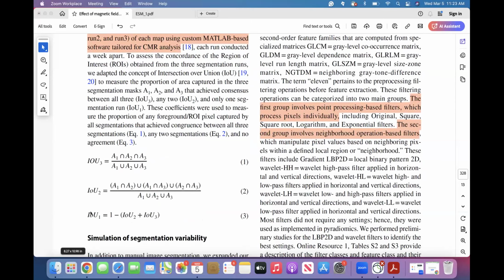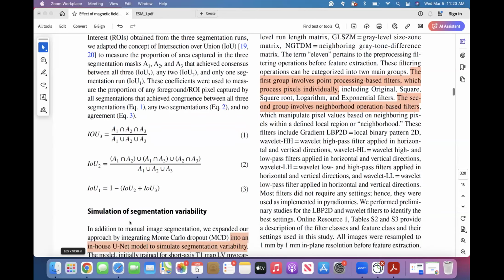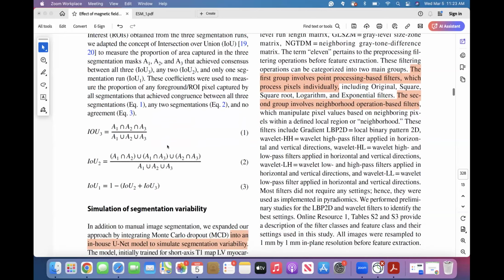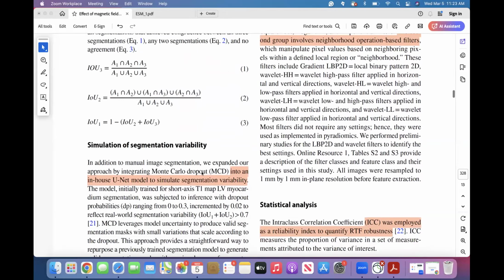A good property here is that these values always range between 0 and 1, with IOU 3 equals 1, for instance, meaning that there's a complete overlap between all the 3 masks, and then they always sum up to 1. Right. So now that we have this easily interpretable way of quantifying segmentation variability,